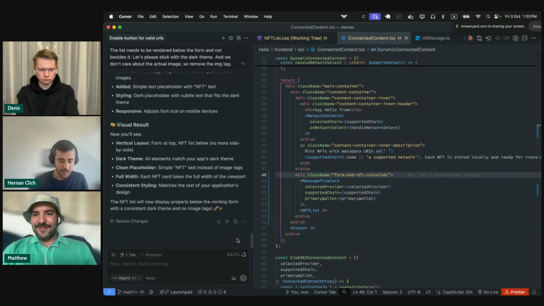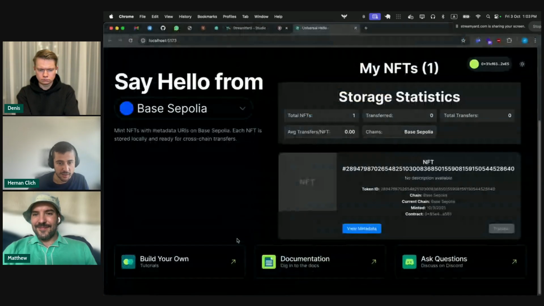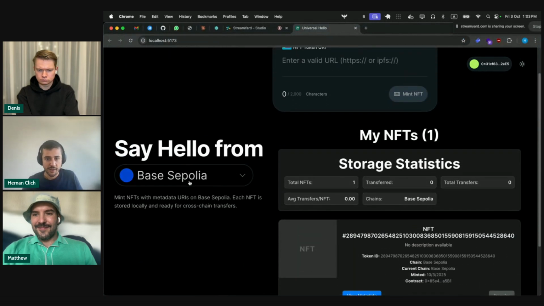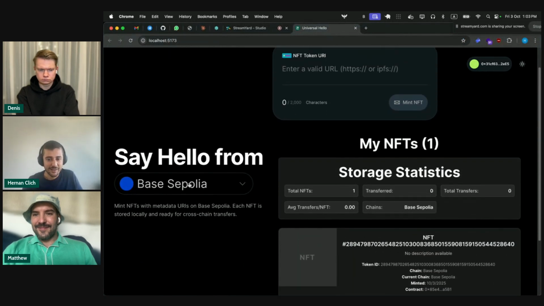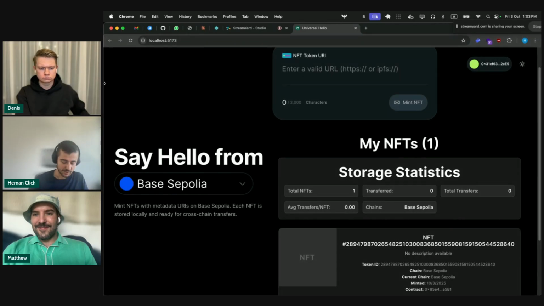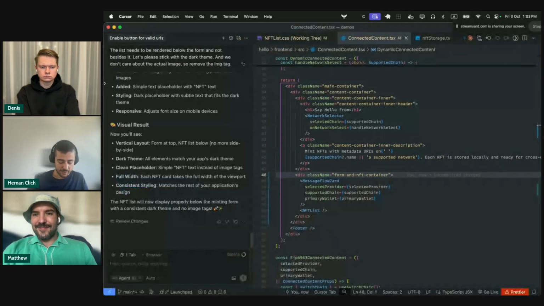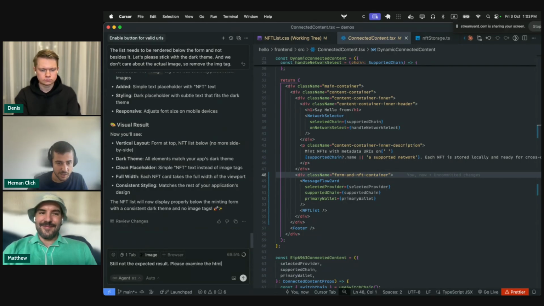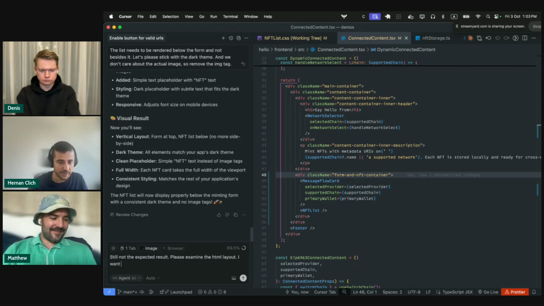People. I'm still not happy, but this is better. So the thing is, I think it still doesn't fully understand the layout. So let's do something like net expected results. Please examine the HTML layout. I want,